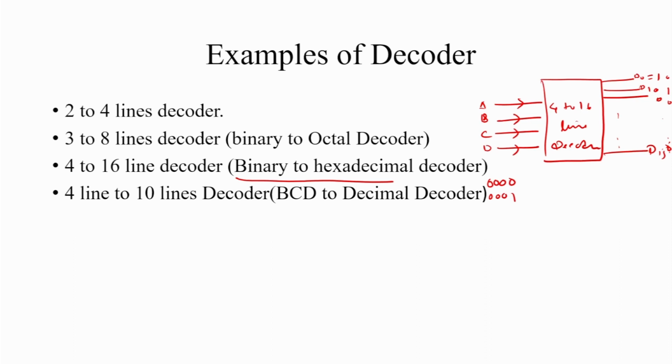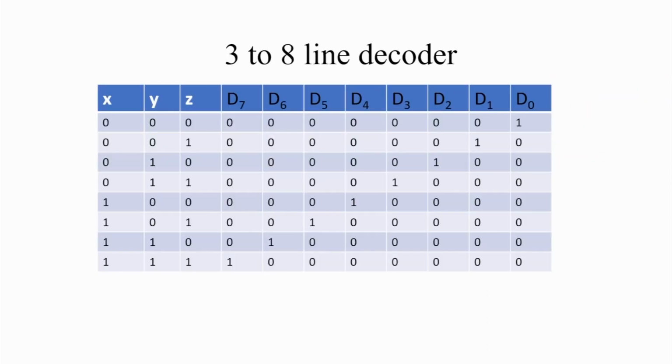These are some examples of decoders. Here we discuss a 3 to 8 line decoder. In the previous lecture we discussed an 8 to 3 line encoder. Here we discuss a 3 to 8 line decoder. This performs just the reverse operation of an encoder, which means 3 bit binary information is converted